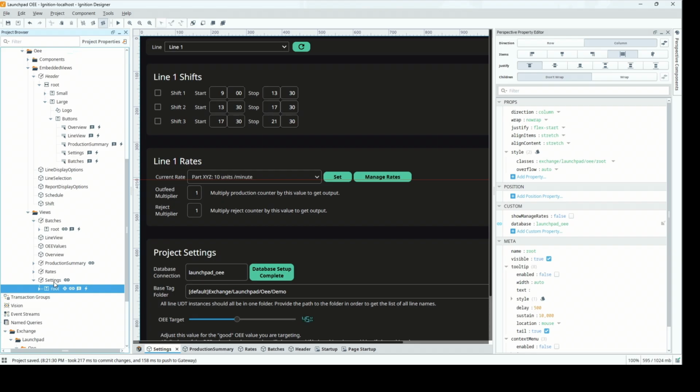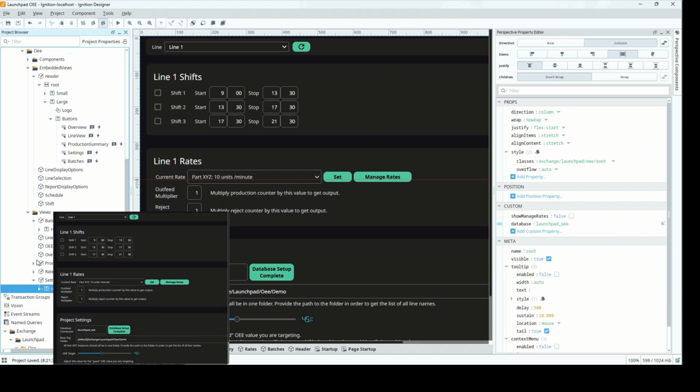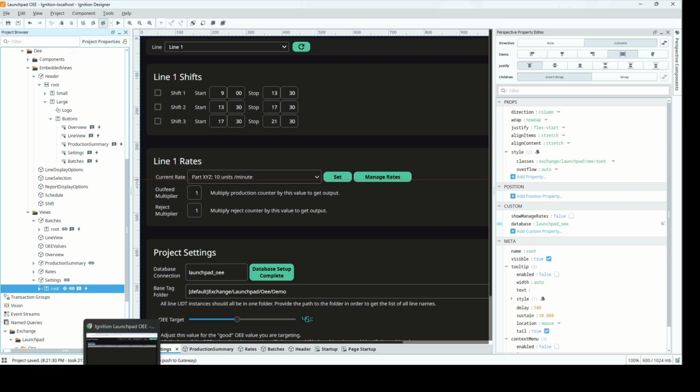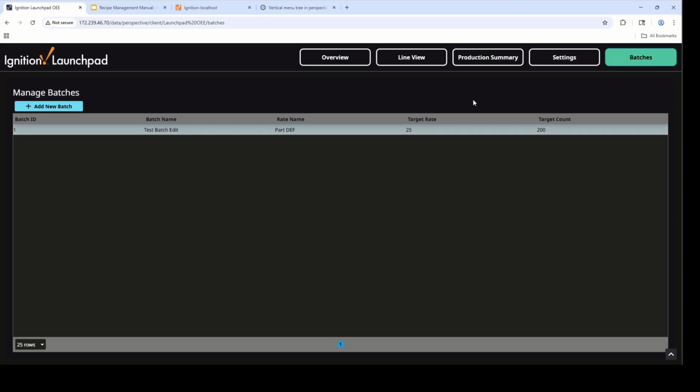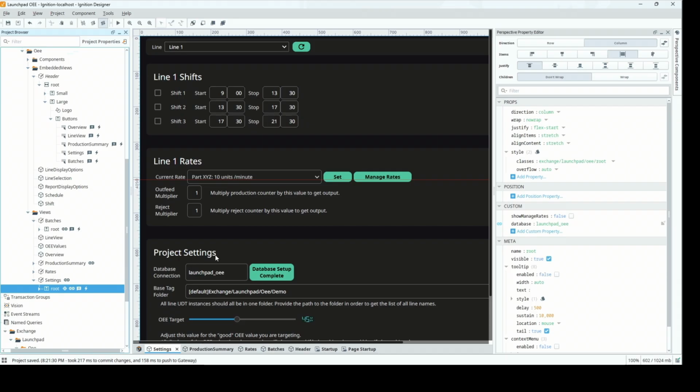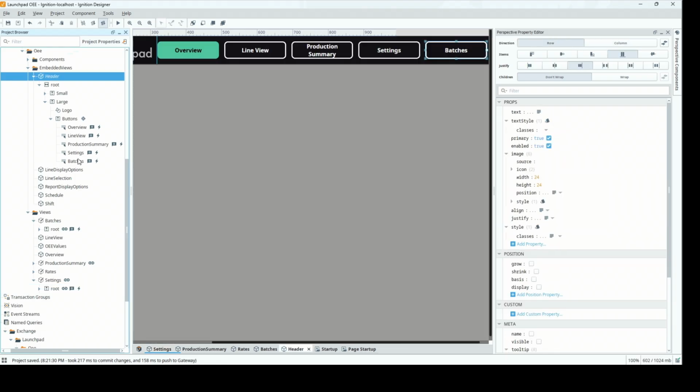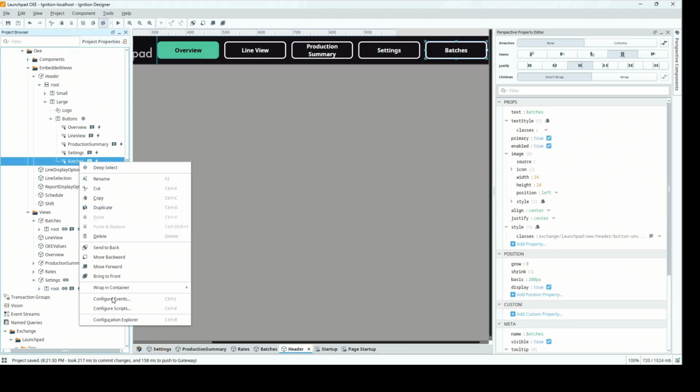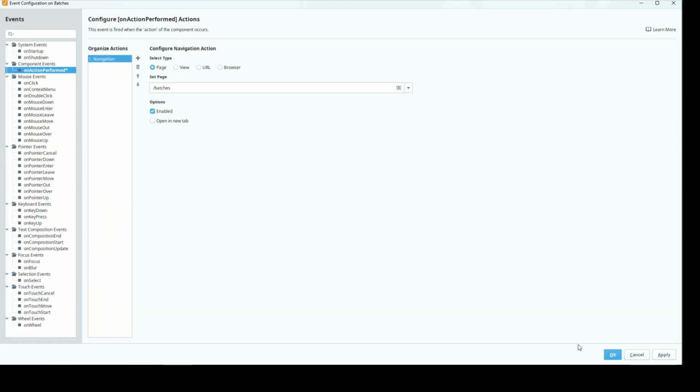So if we had copied either settings, production summary, overview, or a line view, we would have gotten that automatically. And that's more a function of how this project is developed than anything else. So if you are copying existing functionality and you find that something doesn't work like you would expect, then you can troubleshoot from there. And part of that process was, we'll just go through configure events, configure scripts,